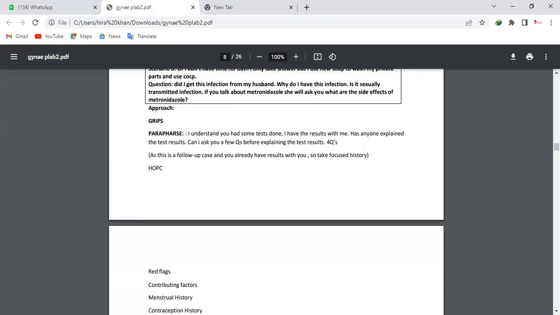Then ask about the contributing factors like the sexual history, also about the use of bubble bath, and use of any perfumes or anything new, and then also about the menstrual history, which you asked very well. Then ask about the contraceptive history as well, because you people know that if the person has had an IUCD, she is always at risk of having infection. We all know that. So you should have asked about the contraception. Do you use any contraception? Which one? She will say, because in the scenario she has been told that she has had an IUCD. So you have to ask this.